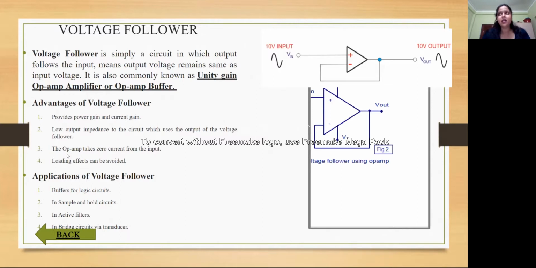What we can summarize from this slide is that in a voltage follower circuit, the input voltage will be the same as the output voltage. The input resistance will be the same as the feedback resistance if we are going to design the voltage follower circuit, and it's used as a buffer circuit, and the gain will always be 1 for a voltage follower circuit, right?